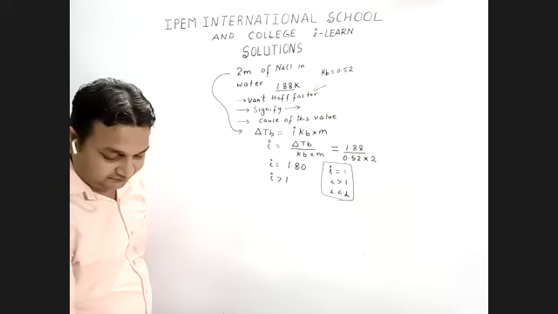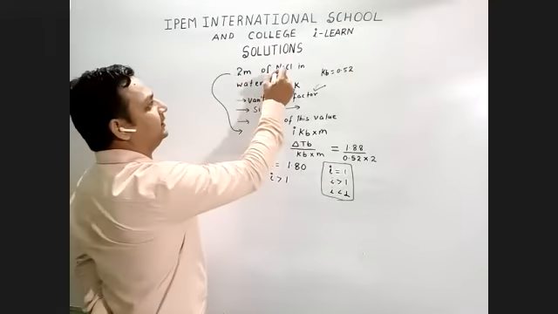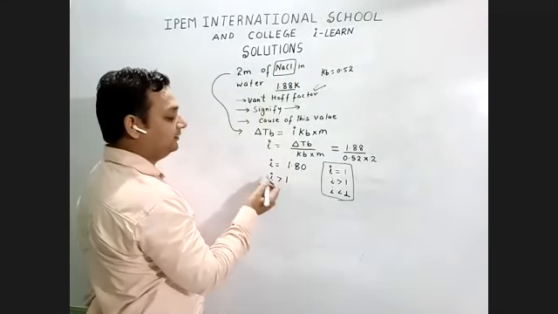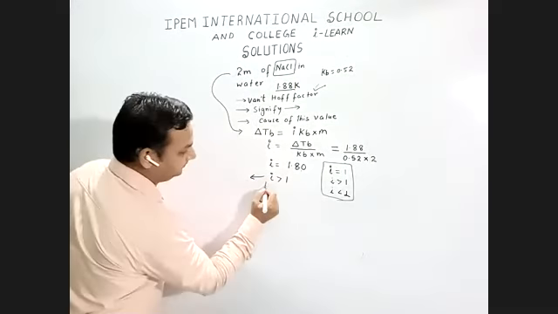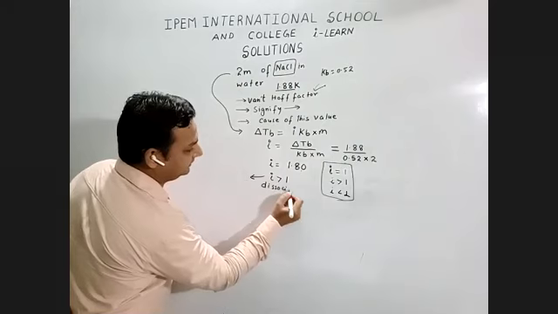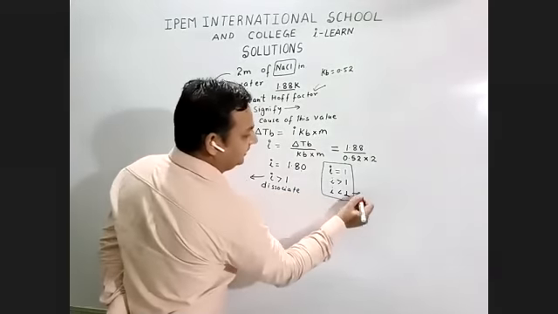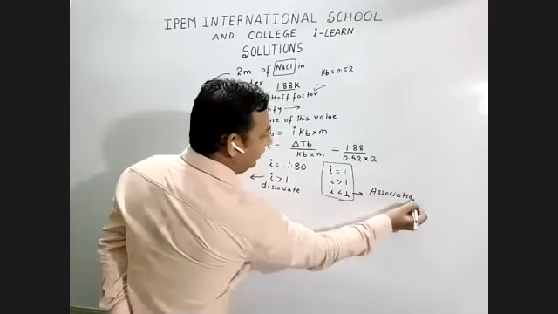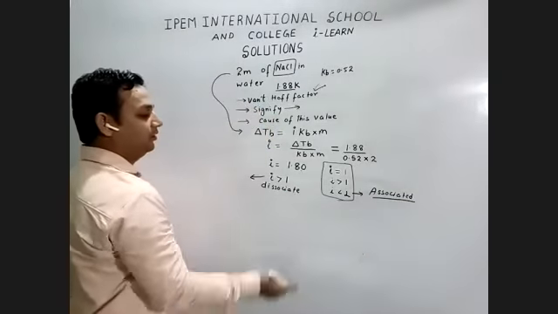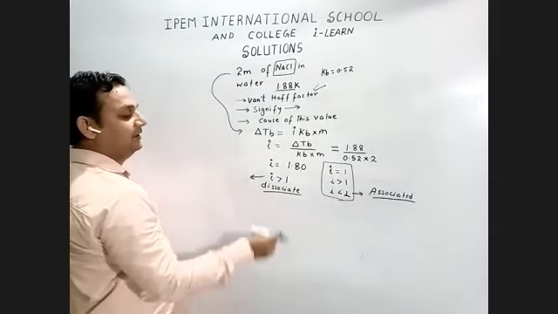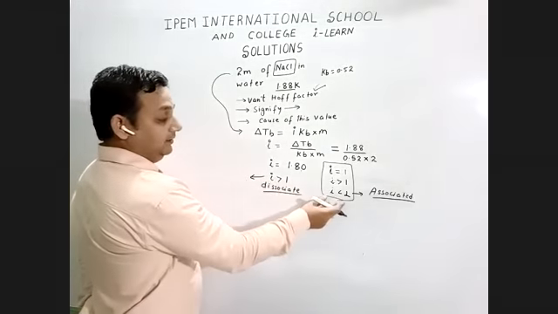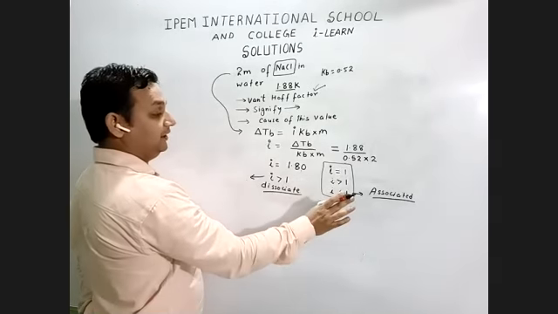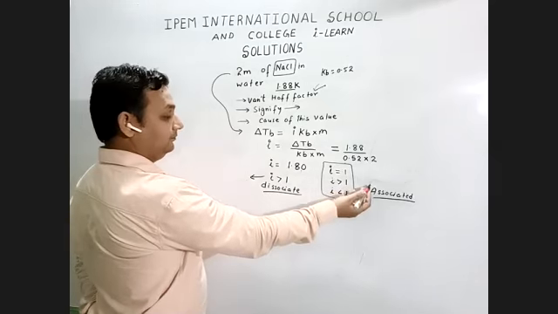Now, when i is greater than 1, it signifies that the sodium chloride we are using, you know, is an ionic compound. It means that when i is greater than 1, it will dissociate. And if i is less than 1, it will associate. So what will be the effect on the molecular masses on association of the molecules and on dissociation of the molecules? That can be explained on the basis of the i value. i equal to 1, no association or dissociation.